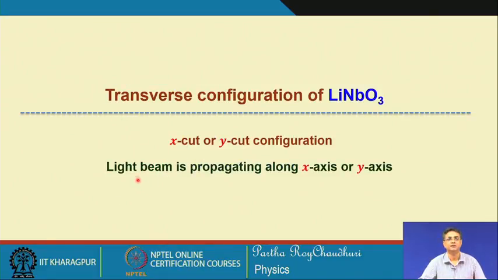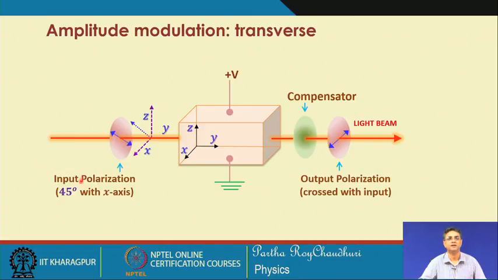Now, we will see the transverse configuration. A beam is now propagating along the x axis or y axis, and we will see that this time amplitude modulation is possible. Input polarization will be at 45 degrees. The condition is the same because you are applying the electric field along the z direction. Look at the orientation. Now, I am applying the electric field along the z direction, but the light is propagating along the y axis, or it could be along the x axis as well. We consider this situation because x and y can be spatially interchanged. So, input polarization is 45 degrees with the x axis, and the output polarization will be crossed with the input,